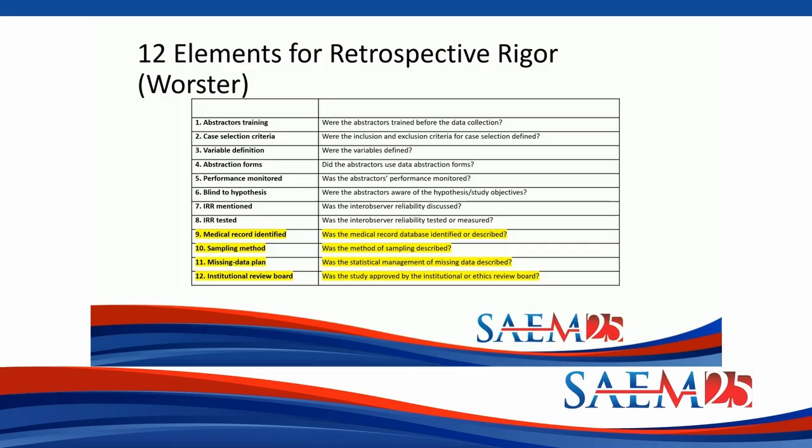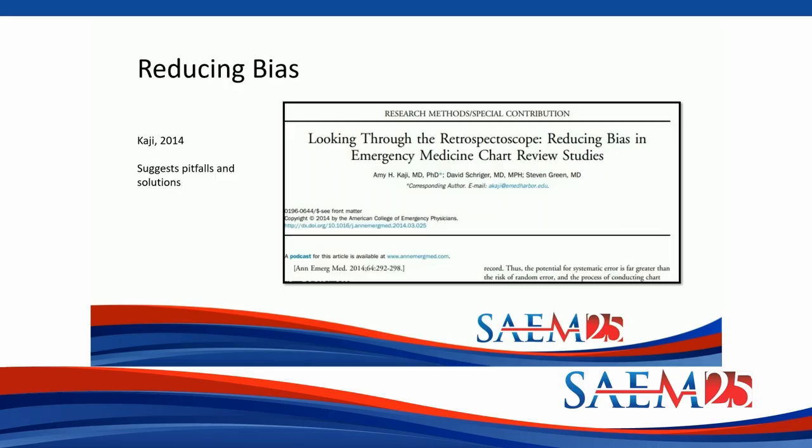Missing data plan, this is huge, right? Because I mentioned that EMRs are not really built for research, and so there's a lot of times there's data that are missing. And so how are you going to handle that? You really should define that a priori before you go in to do the study and have a plan. And then when you publish your results, you should describe your plan and how you plan to assess or deal with missing data. And then IRB, I think that's commonly understood that that's important to mention